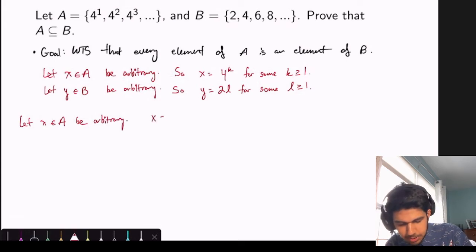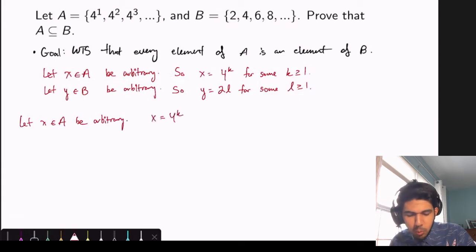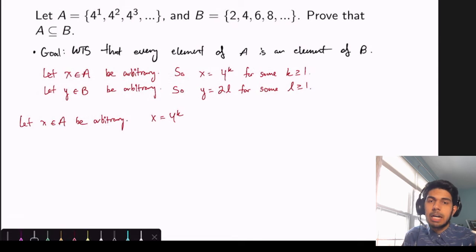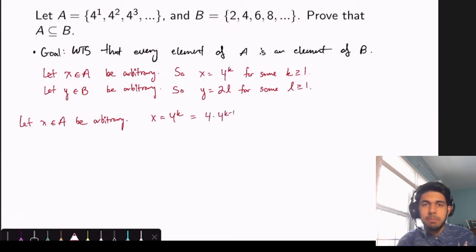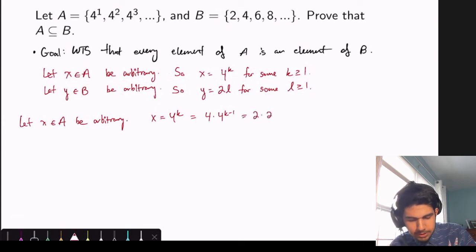So x is equal to 4^k, and we want to get it in this form, 2 times l. We can break this down a little bit and say that this is equal to 4 times 4^(k-1). Then this breaks down a little bit more into 2 times 2 times 4^(k-1). And then if we just put some parentheses here,